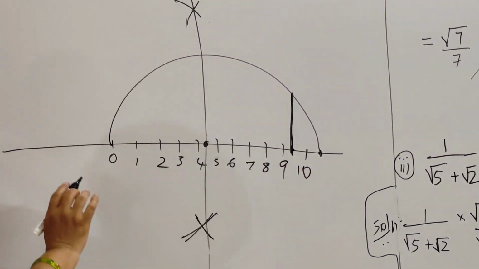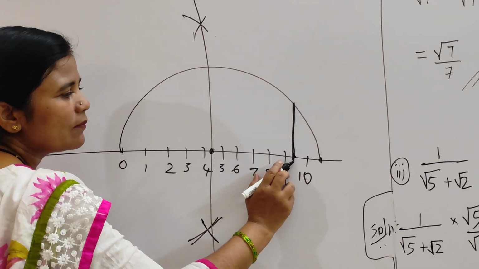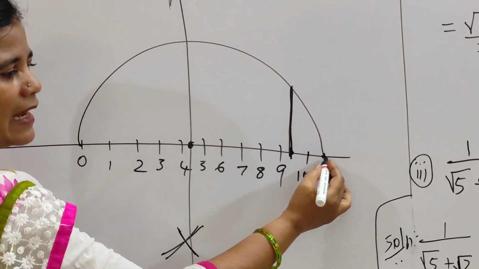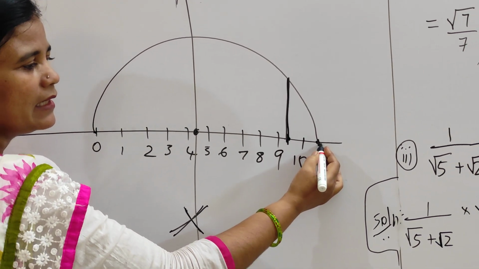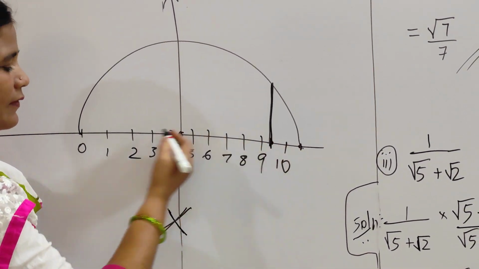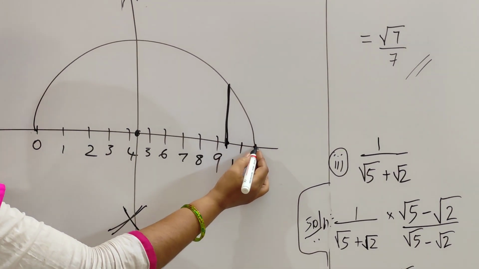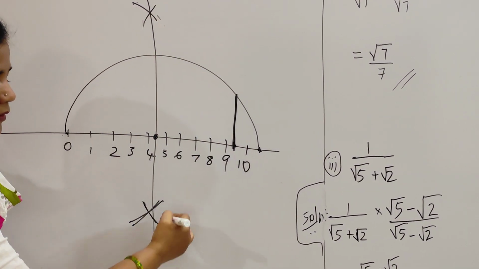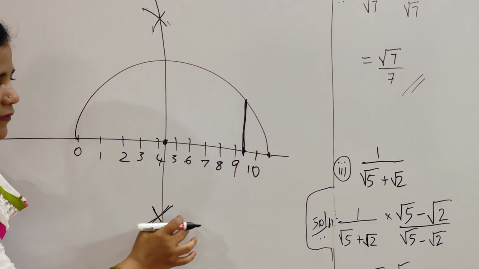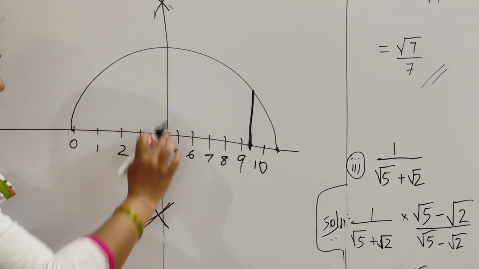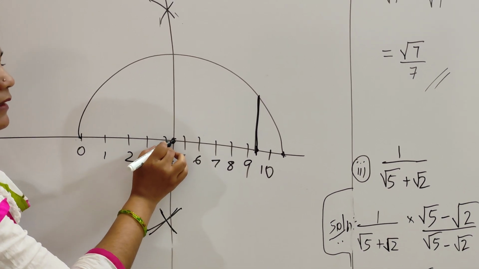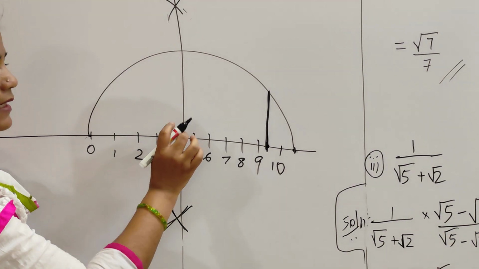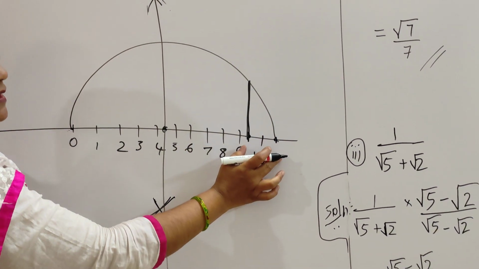Once again I am repeating what we should do. From 0 to 9.3 you measure with the scale, put a dot and then again excess 1 centimeter from here to here. This is 10.3. After drawing the line up to 10.3, try to find the perpendicular bisector by taking more than half from both the sides. After drawing the perpendicular bisector, you get the center. Take 0 to this point as radius, keep it here and then draw a semicircle.